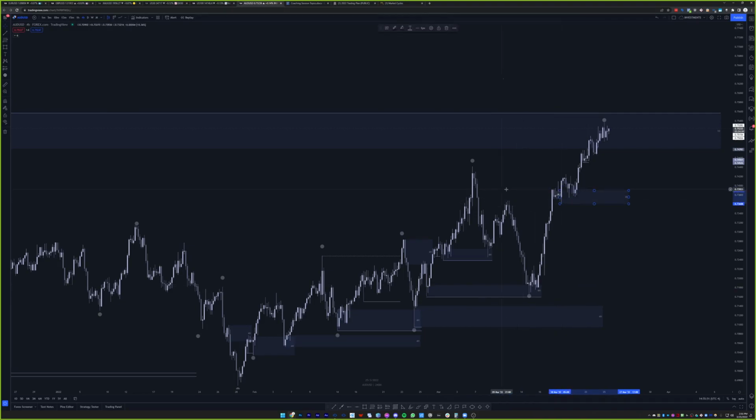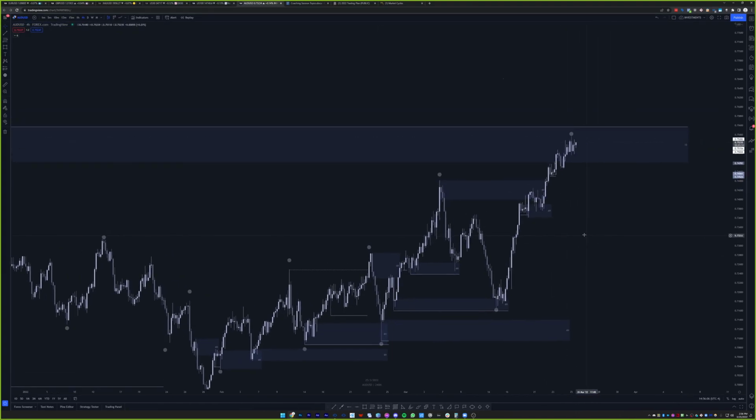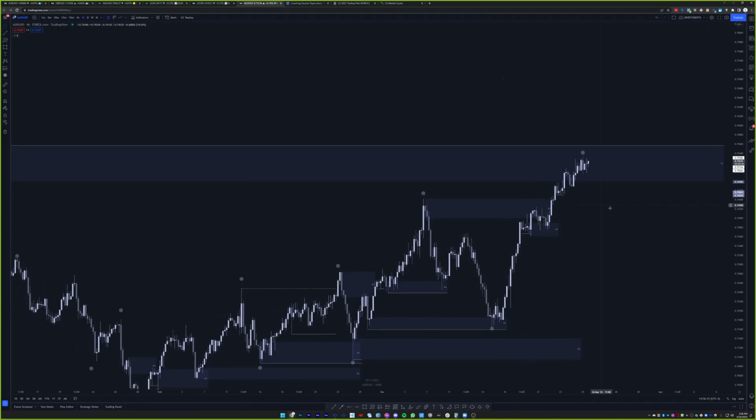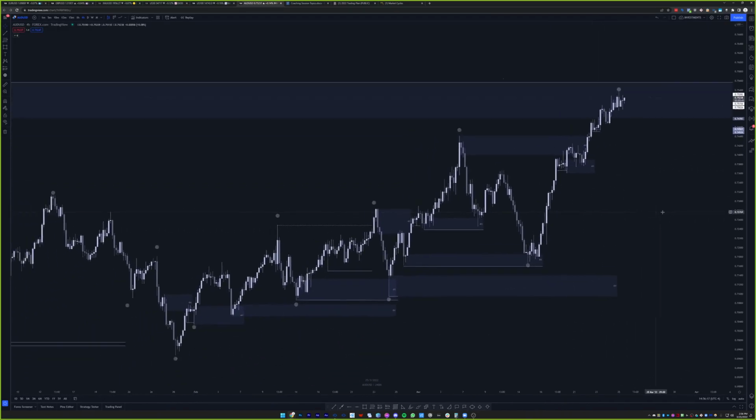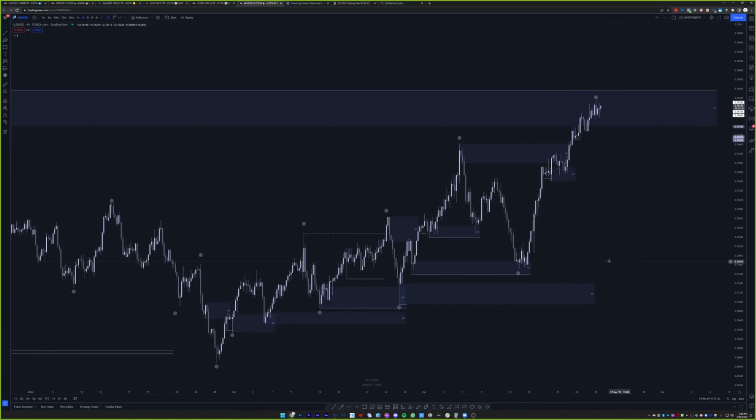We got this one here, which is a flip off of this range. I don't know if they touch. Yeah, I would consider this a sweep. That high failure of supply on the 4-hour. So again, probably could have, you know, I mean, I don't know if I would take longs this high in the leg either. It's a little weird. You can look at it in a second, but that's how I mark out 4 hours. It's valid. It's a bit high.